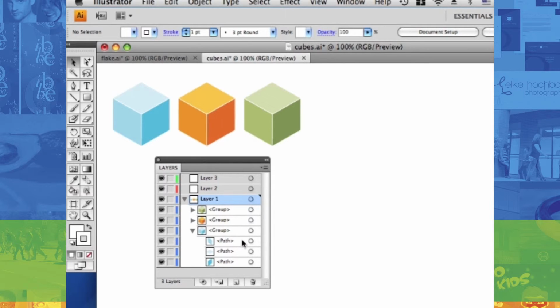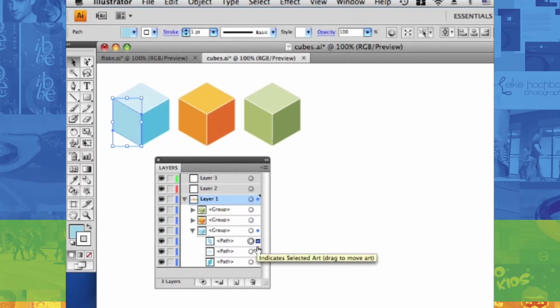And to do this, I'll click on the hollow circle, known as the target icon, just to the right of the layer's label. A piece of the cube is now selected, and the target icon has a ring around it. You can also see a tiny blue square to the right of the ring circle. The blue matches the layer's color bar I mentioned earlier. Anytime you see a square next to a target icon, it means something, but not necessarily everything, on that layer